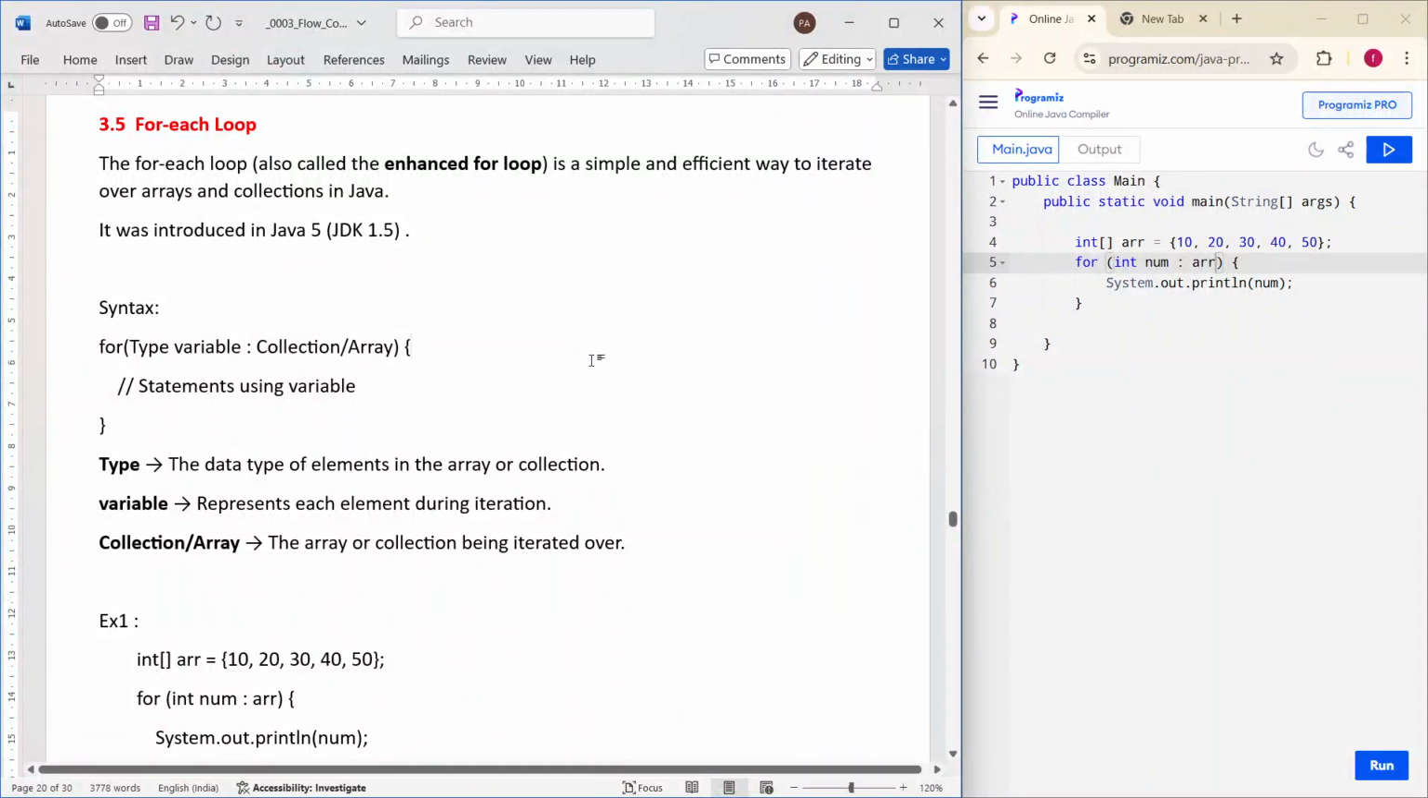Hi friends, today I am going to discuss the for each loop in Java. The for each loop, also called the enhanced for loop, is a simple and efficient way to iterate over arrays